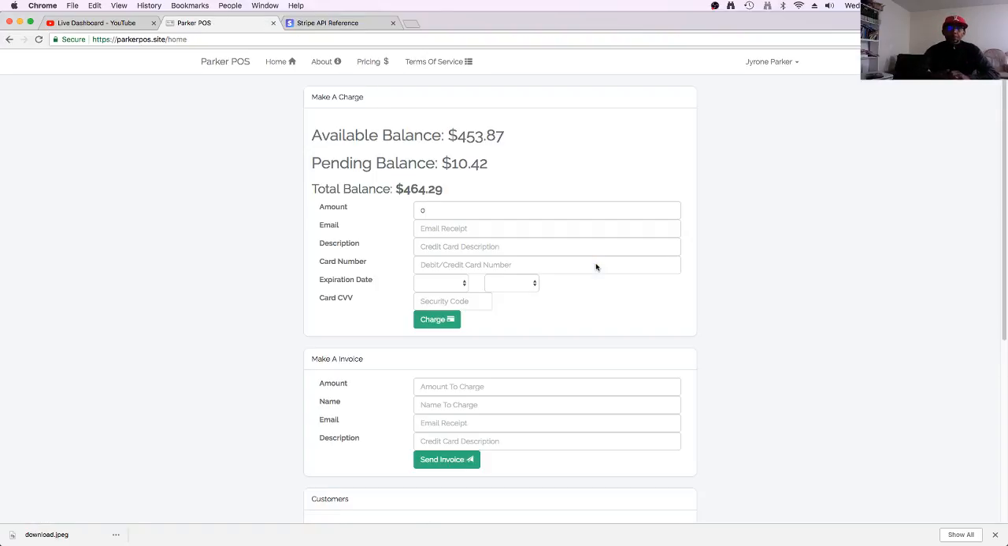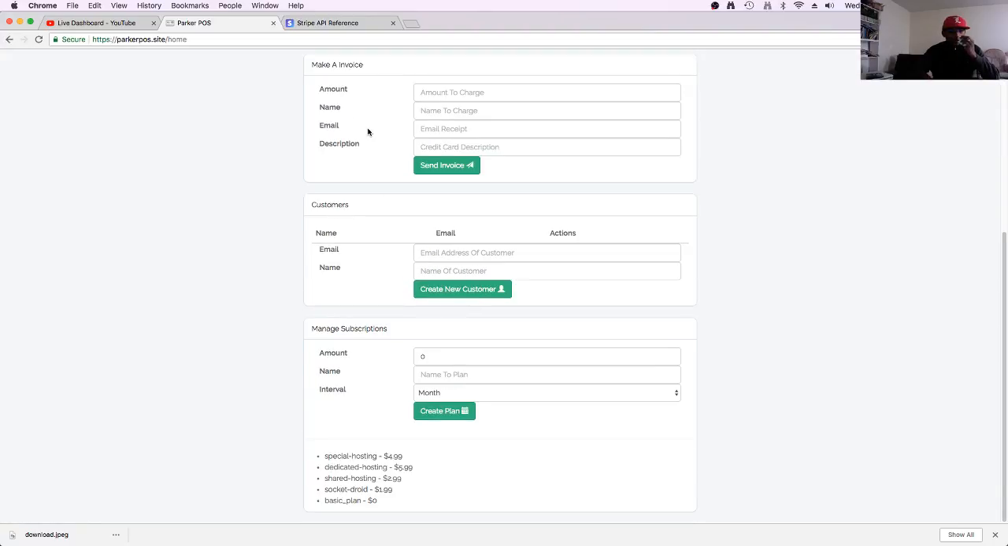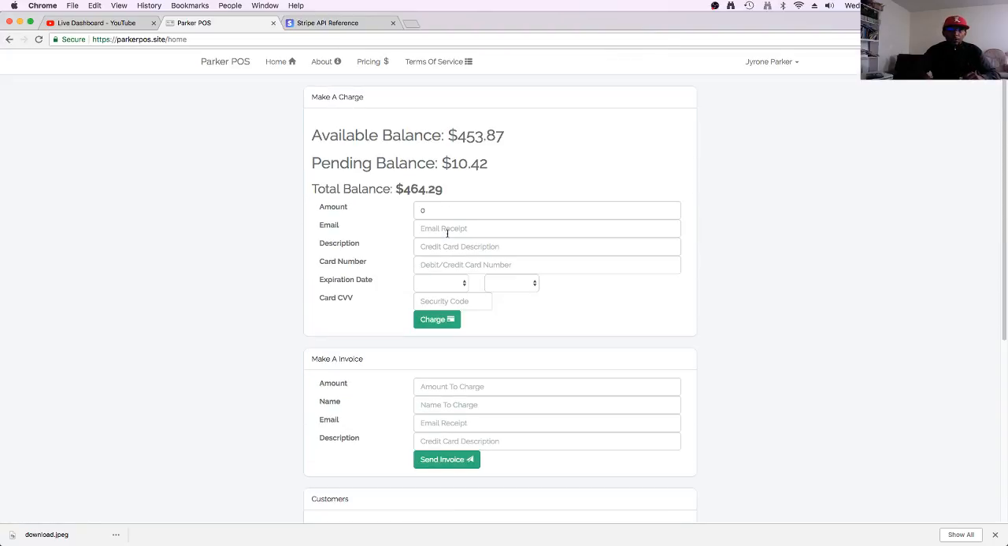All right. So I added your available balance, your pending balance, and then your total balance was just the pending balance plus the available balance. Added some terms of service, added a pricing page, and I think that's pretty much all that I did since the last time. So what's going to change here is